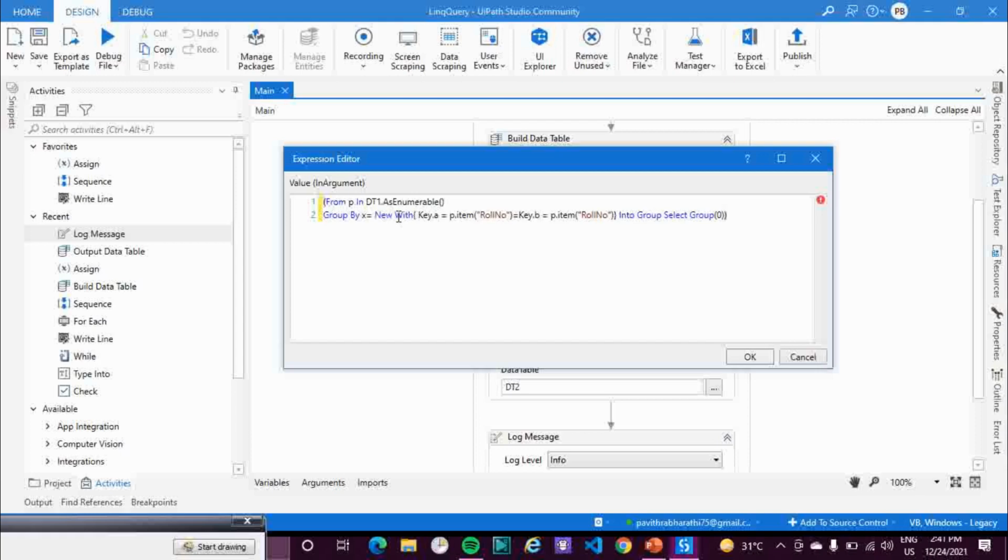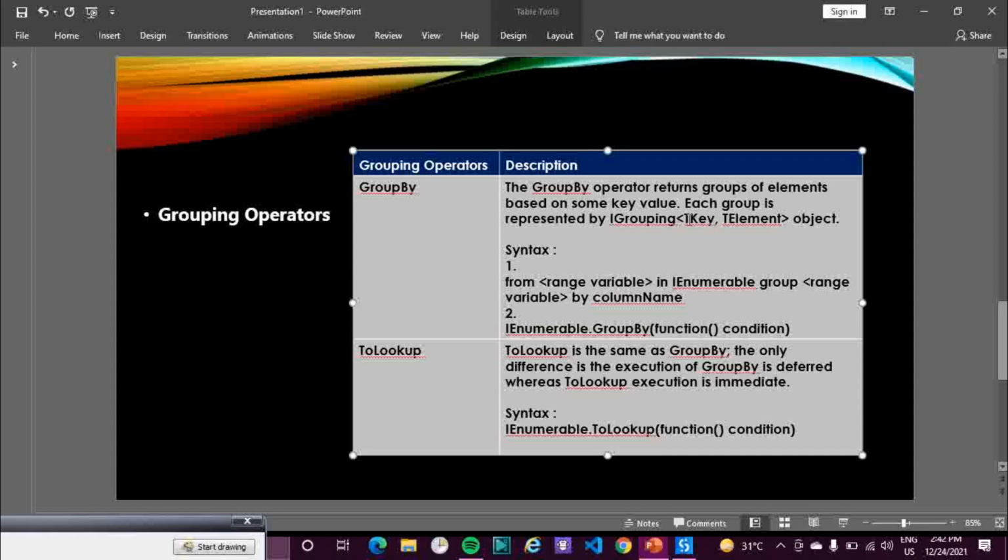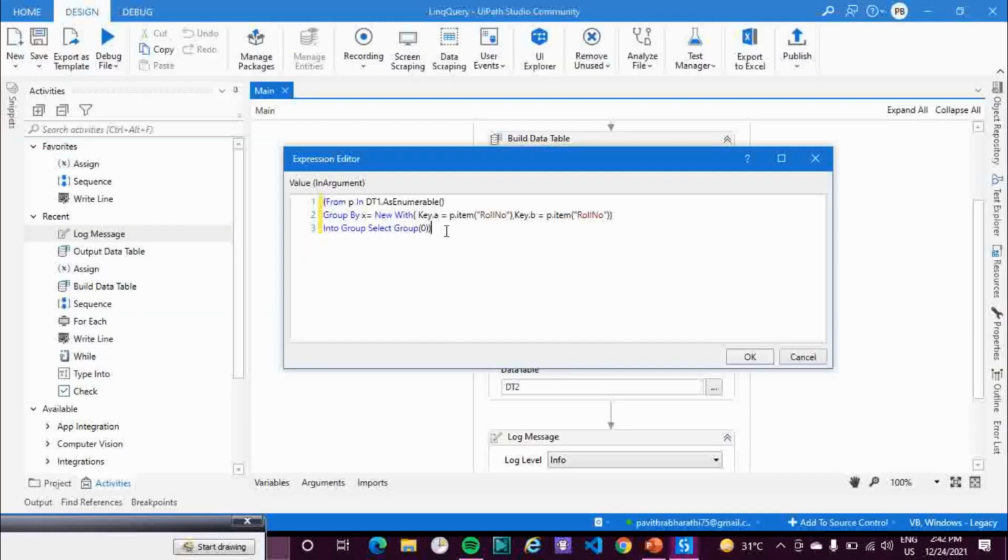Group by with keyword and open bracket, roll number, open the bracket, key dot A is equal to p. Okay, there is no is equal to, sorry about this. There should be a comma. In the syntax it states key and element, right? So that is what I'm trying to give over here.